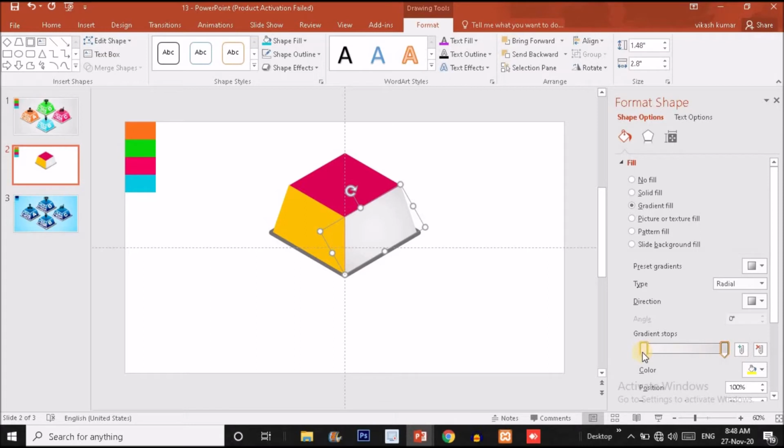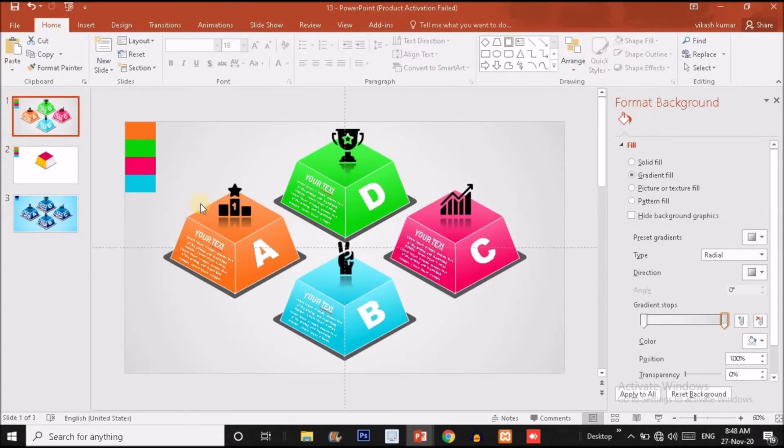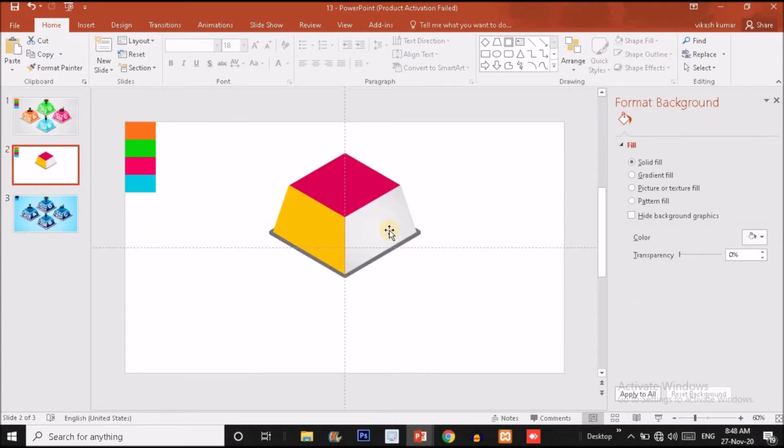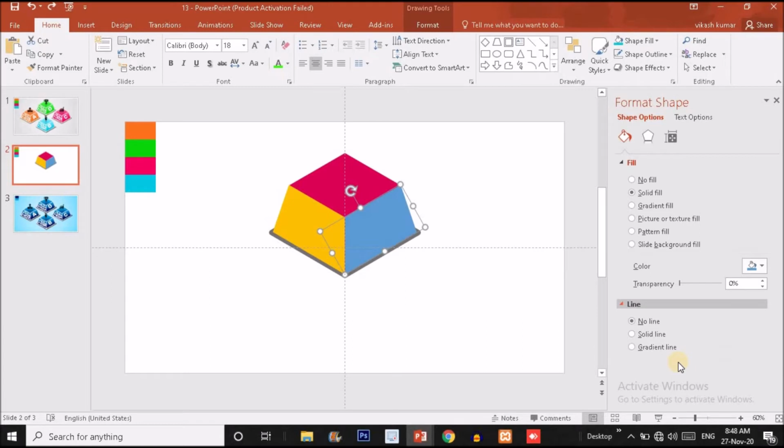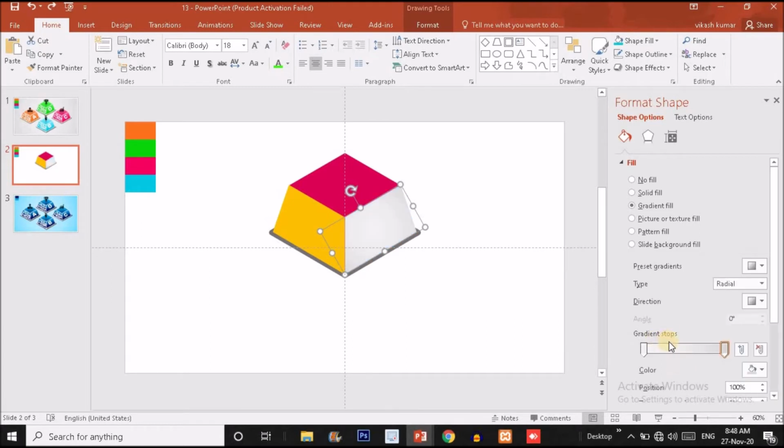These two stops are already present because I used them in the previous slide, in the background color. If you want some more stops, you just have to click on this strip. As many times as you click, the stops will be created automatically. For now, I will use only two stops, and for the right stop I'm using this color. The type should be linear, and the direction is perfect.